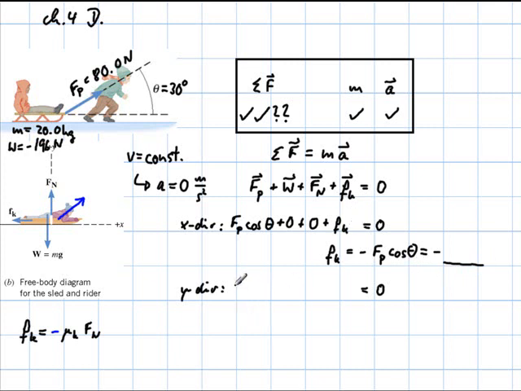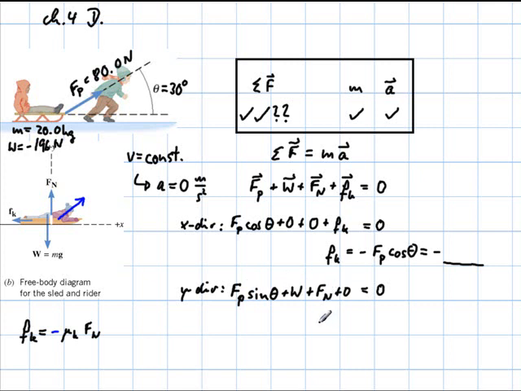Okay, now in the y direction we have the pulling force times sine theta. Sine of 30 degrees is positive, and that makes sense because the pulling force is also pulling up, plus the weight, and that of course is negative, so here we have a positive and here we have a negative, plus the normal force, which itself is positive, plus the friction, which doesn't exist in the vertical because it's just on the horizontal. Okay, in this equation we have everything given here, 80 newtons, sine of 30 degrees, minus 196,